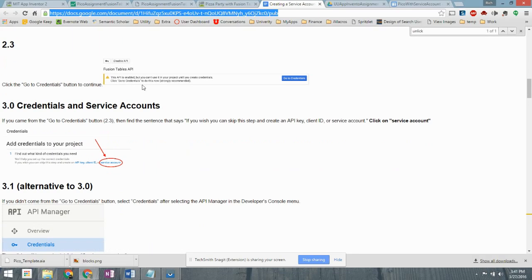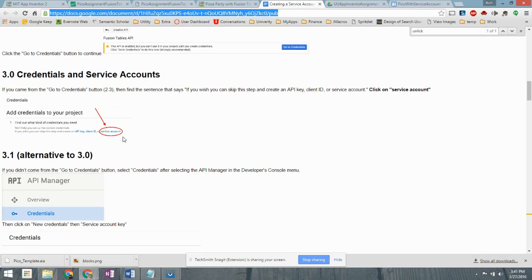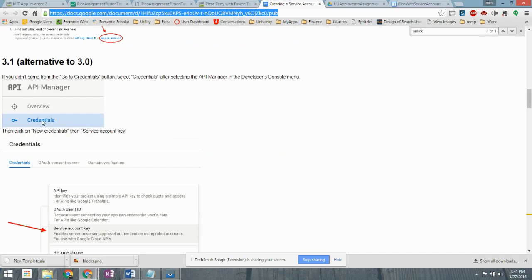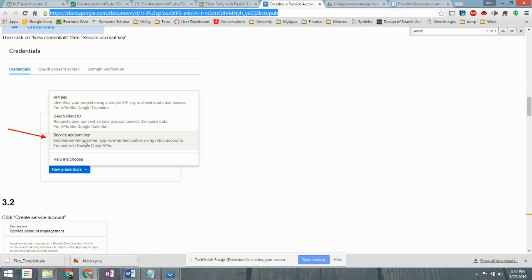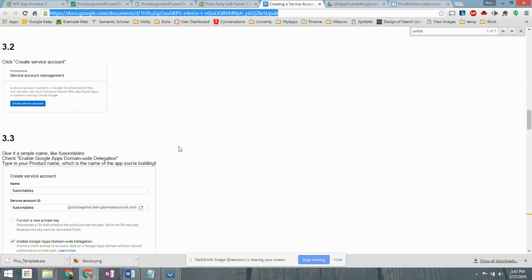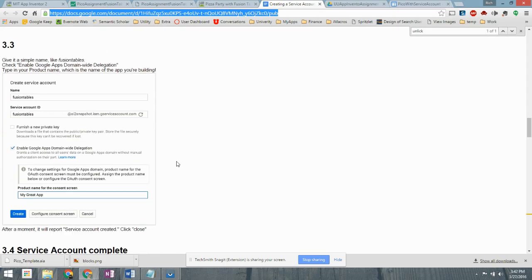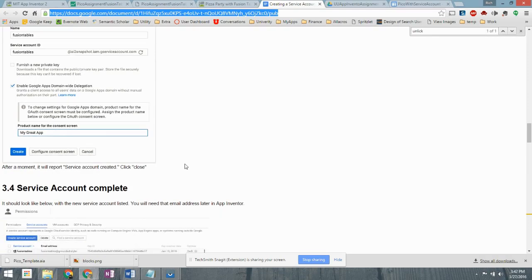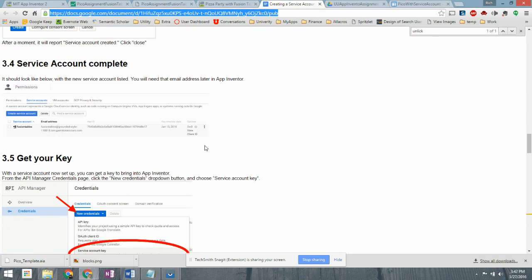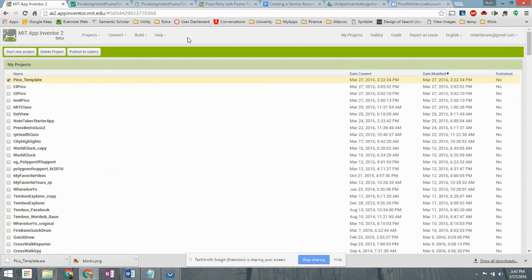We'll click to enable the API. We're going to go down to the credentials section, click here, and then we're going to have to say service account. Once that happens, we click the credential buttons, which will be up on the left. We'll see something like this, create service account key, click on that, and then do create service account. Then you're going to get some cool things. One, you've got to say enable, but you're going to get an email address that we're going to want, and you'll have to give it a name, click create, and then all of a sudden you'll get this service account complete bit where you'll have the email address that you're going to tell App Inventor